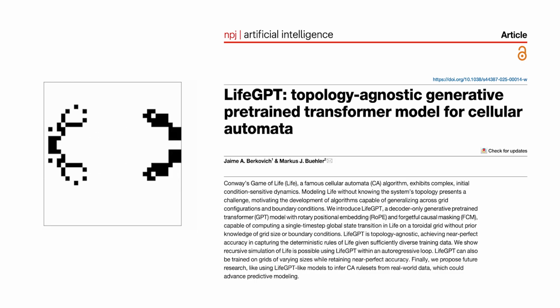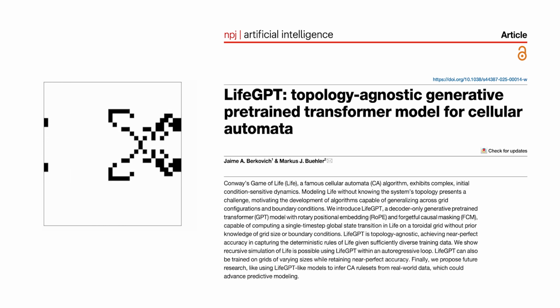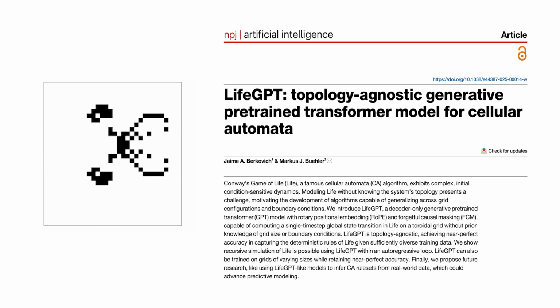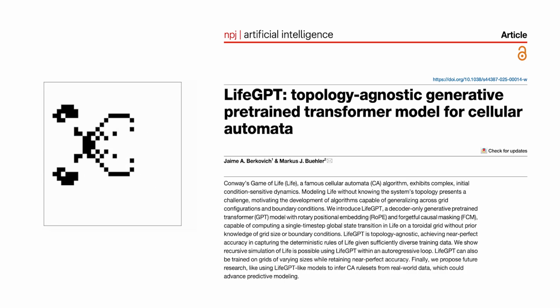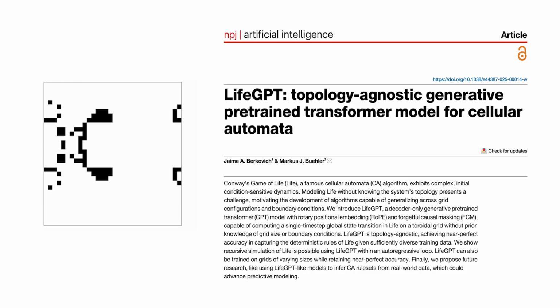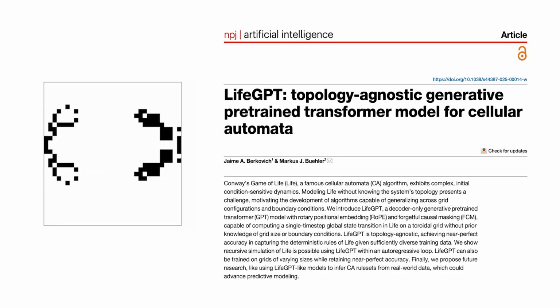One tries to infer rules by looking at how description length or algorithmic probability behaves. The other learns a predictive mapping from a large number of examples. Both are part of a larger program. Can we move from watching complex systems to explaining and predicting them in a principled way?